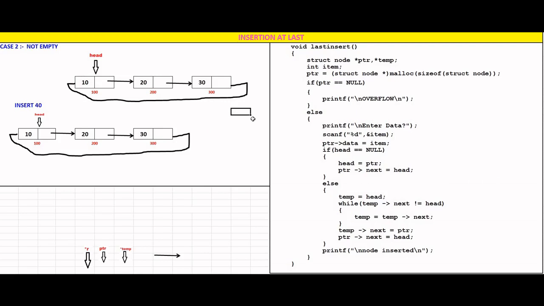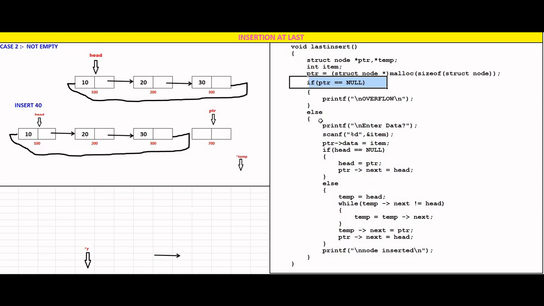Now see, this is the last insert function. Here we first declare two variables, pointer PTR and pointer temp. Then PTR is equal to struct node. At this line we create one node whose name is what? PTR. Let us say the new address is 700. You can take any address. After that line we check if PTR is equal to null. When PTR is equal to null, your memory is full. Your memory is not full,